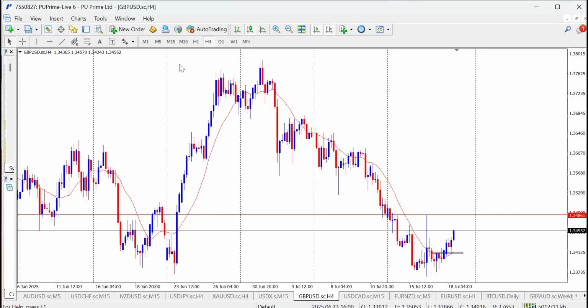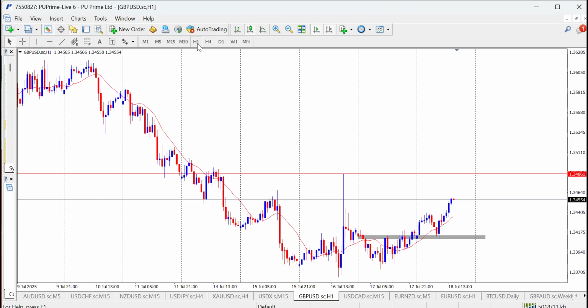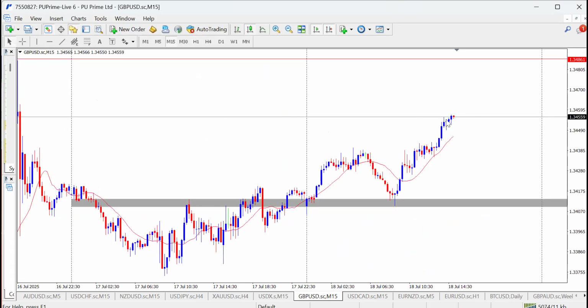I don't think I saw this very early. We would have taken a sweet buy for GBP USD, but nevertheless, we still have a buy order on NZD USD. So we are heading high up to 1.34861 before we enter a buy. Everything I'm saying is just pure support and resistance. 1.34861 before I sell GBP/USD.